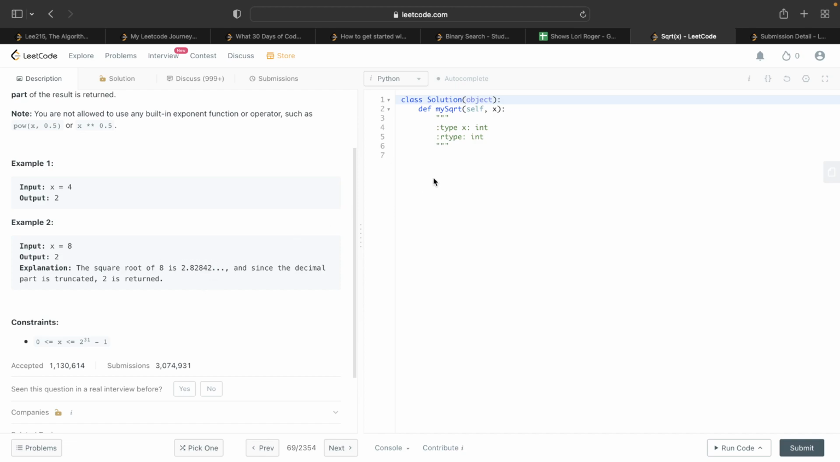So this is simply binary search, right? You're going to search from 1 to 8 until you find a number that equals the square root, that equals x. So i is equal to 0 and j is equal to x, and then while i is less than or equal to j,